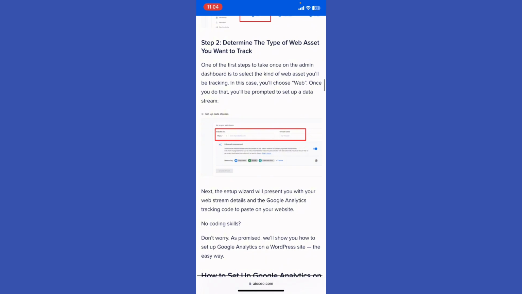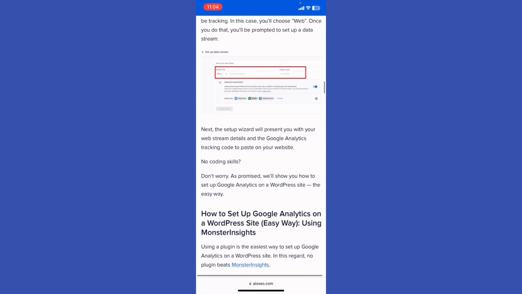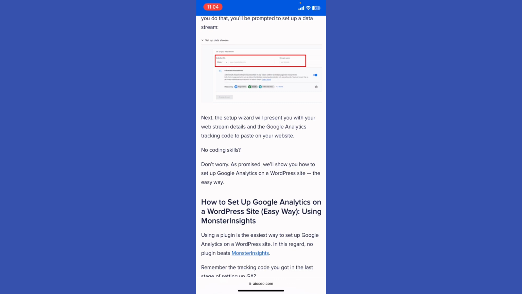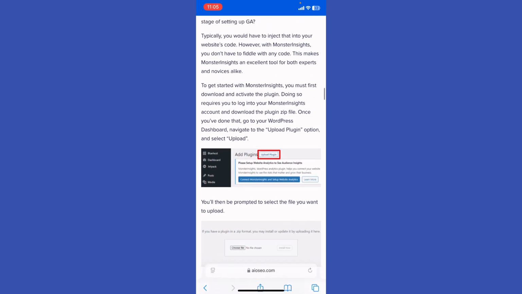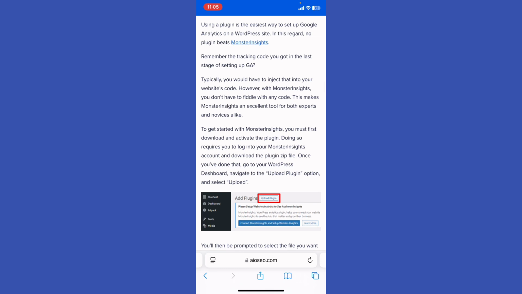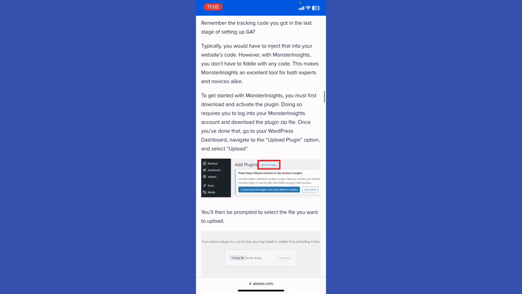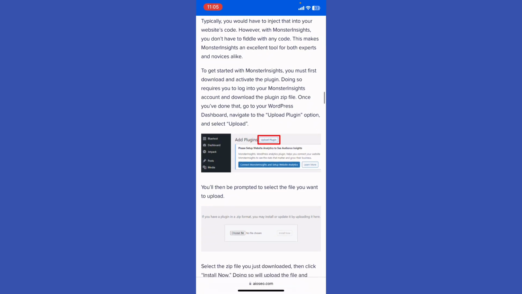In this case, you will choose web, okay? And once you do that, you will be prompted to set up a data stream, right? Next, the setup wizard will present you with your web stream details and the Google Analytics tracking code to paste on your website, right? So basically, you can go ahead to the official website of Bluehost and make sure that you go to the WordPress, go to the website, and in your website you're going to be able to see your website, many websites. Click edit website and you'll be redirected to the Bluehost dashboard or WordPress, and you're going to see